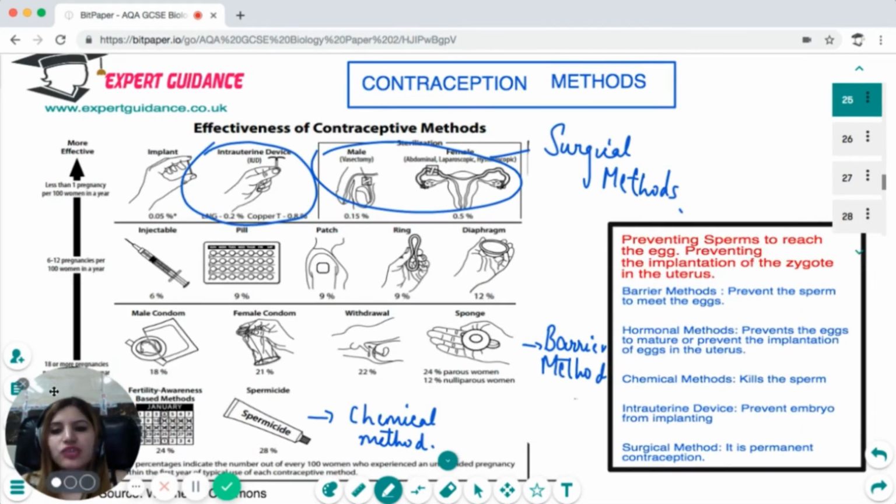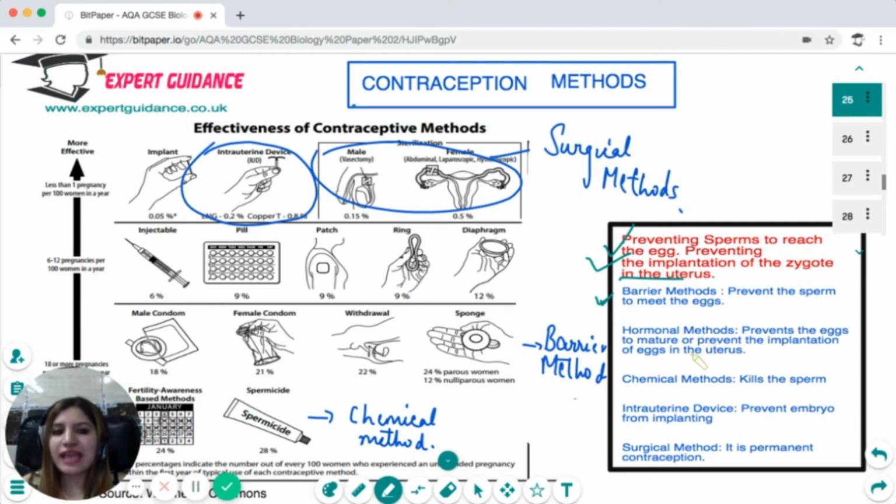Now, to prevent fertilization, there's a contraception method, and the contraception methods either prevent the sperm from meeting the egg, or if the sperm meets the egg, they prevent the implantation of the fertilized egg into the uterus, thus preventing the pregnancy. Now, this can be achieved by the barrier method. The barrier method includes using diaphragms or condoms to prevent the sperm from meeting the egg, or the hormonal method,